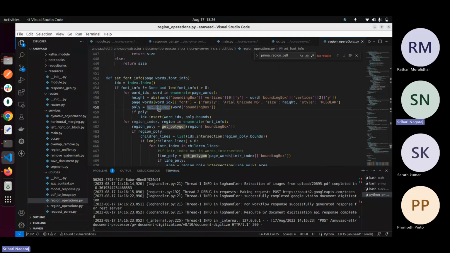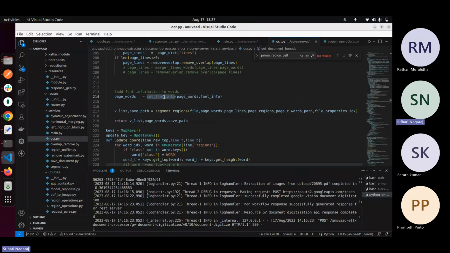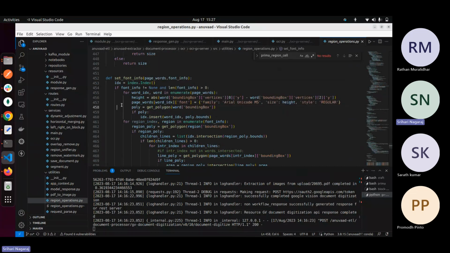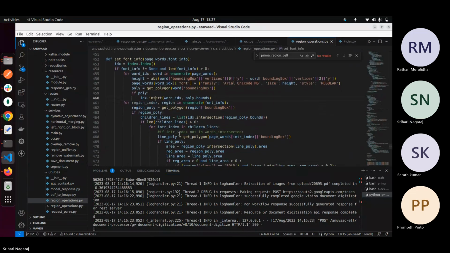So if you are generating in a polygonal way, there is already a function called polygon where you find these vertices. So you get the x and y points and you get the polygon function using simply and get the particular rectangular box. Through that, once again, after getting the polygonal box, we'll insert the rectangular bounding boxes into this particular bounding box vertices wherever we have specified in the region operation. Okay, after that,